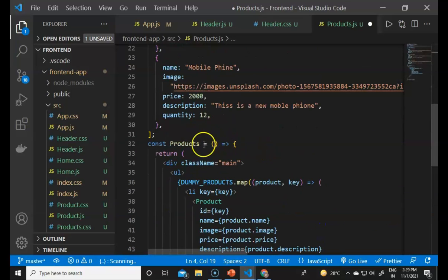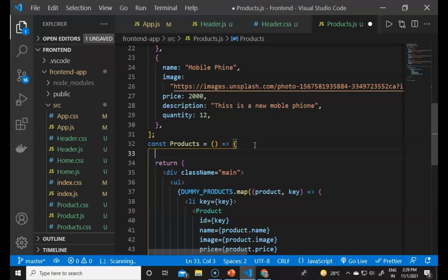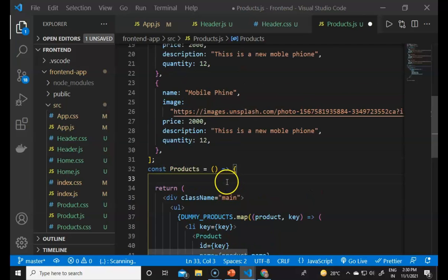So now we go to the Products component. The useEffect hook is used to run a part of the code whenever the component has been rendered, and it takes two arguments. The first is the function which we want to run, and the second is the array of dependencies, and the dependency array can contain a variable. Whenever the variable changes, it will rerun the useEffect code inside it. For example, it can be used in a counter, so that whenever the count changes, it runs once each time. And if we do not specify any value in the dependency array, then it will run only once, whenever the component is loaded. So now we will use useEffect here.